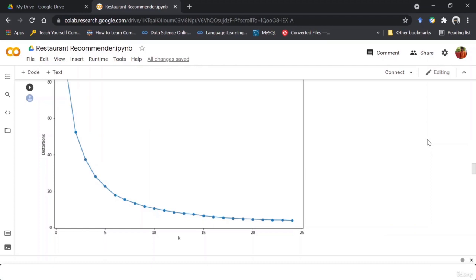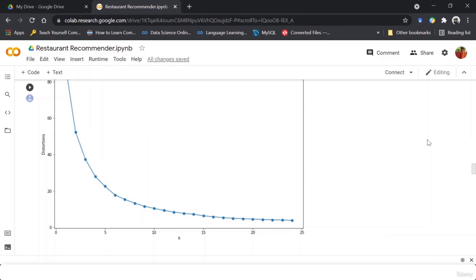Now I take the average of all of these distances. That is one distortion. Similarly for 2, I take the distance from 2 to 1, then 2 to 3, then 2 to 4, then take the average of it. Similarly for each and every number of k and each and every distortion for each number of k.